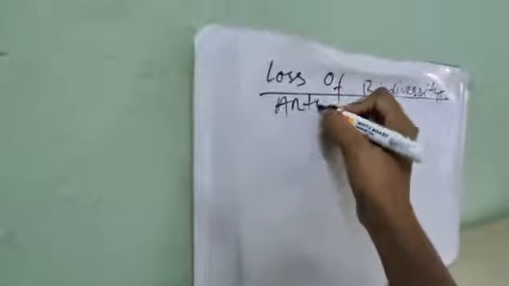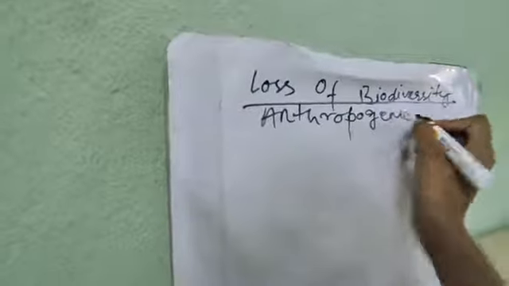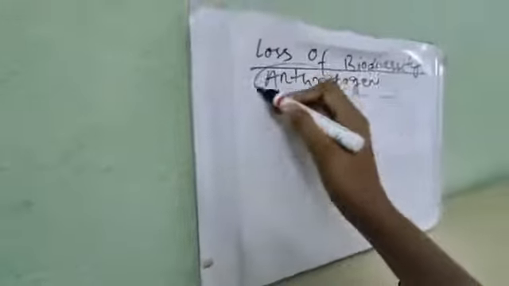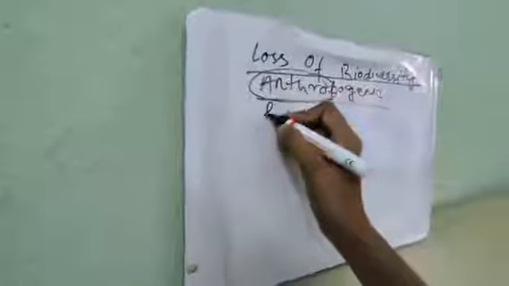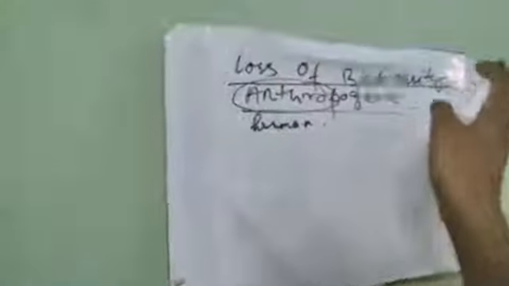Now what is this anthropogenic? Anthropogenic is the activity made by humans. Anthro is related with human. So the activities related with humans that are causing the loss of biodiversity, those activities are termed as anthropogenic. Okay. Now we will see what are those